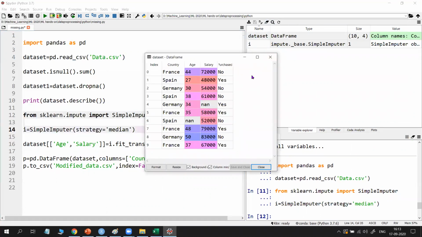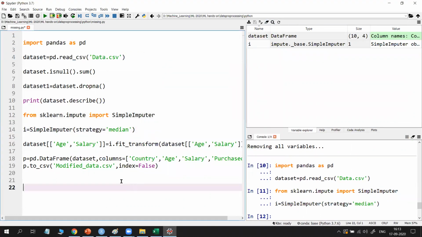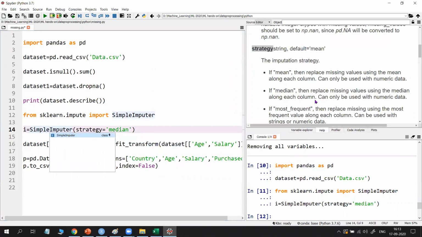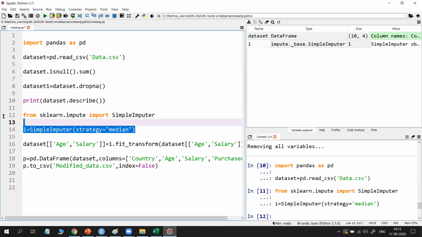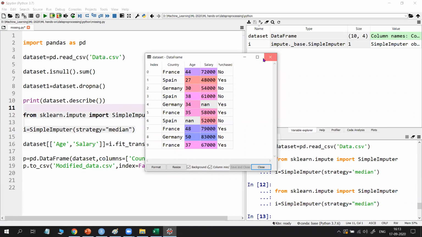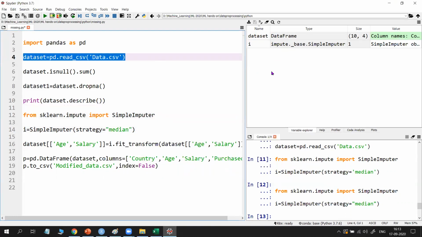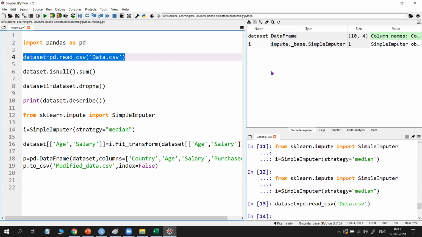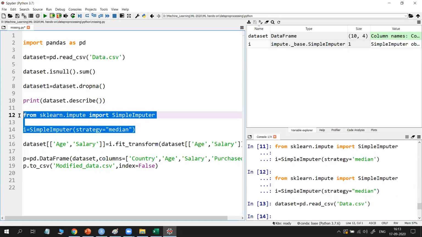Open this data set. See. So you need to apply the syntax in a clear way. So median, M-E-D-I-A-N, but we need to put double quotes. See. So if you go by heart, you don't know, but if you do it by using help, it is easy. Now I will try to do it. Run, F9. Now open. See. Once again, load the data set again. Why I'm doing it again and again is, once you load it, the changes are done automatically.